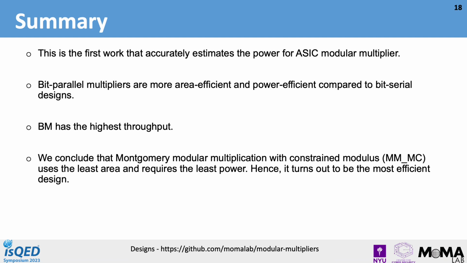In summary, this is the first work that accurately estimates the power for ASIC modular multipliers. We have observed that the bit parallel multipliers are more area and power efficient compared to bit serial designs, even though bit serial design requires less area and power. Barrett multiplier has the highest throughput. We conclude that the Montgomery modular multiplication with constraint modules uses the least area and requires the least power. Hence, it turns out to be the most efficient design if we compare